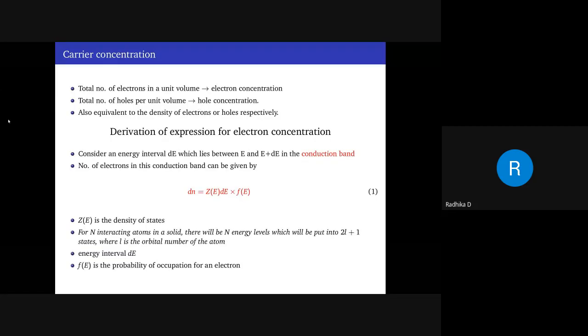Okay. So what we have been talking about is finding an expression for the total number of free electrons within a semiconductor. Obviously, free electrons are there in the conduction band. So you have considered this particular way of estimation. That is, if you know the density of states, that means how many energy states are available for the free electrons to occupy, and the probability for an electron to be there in any of the energy states, right? And obviously, you first take it within a small energy interval.